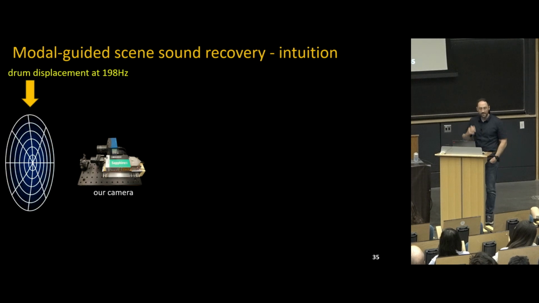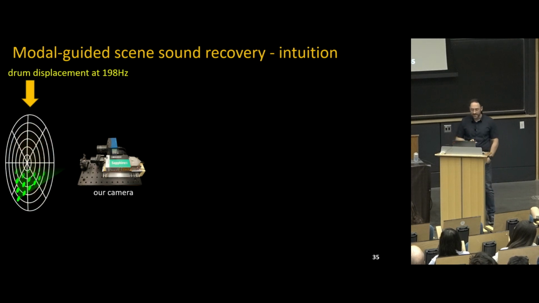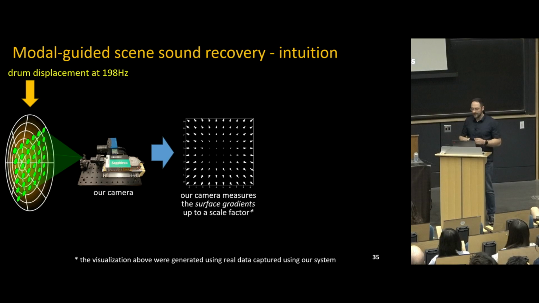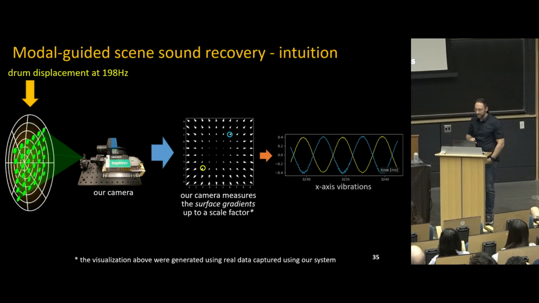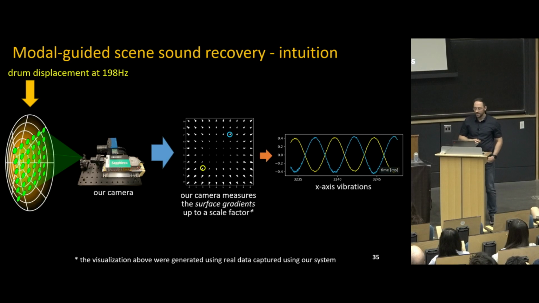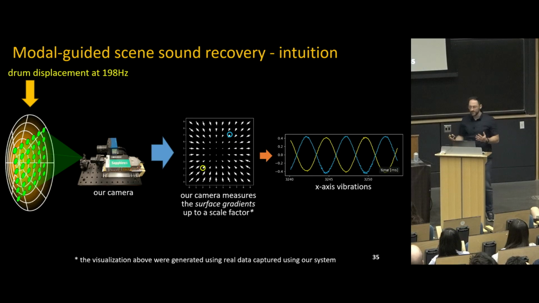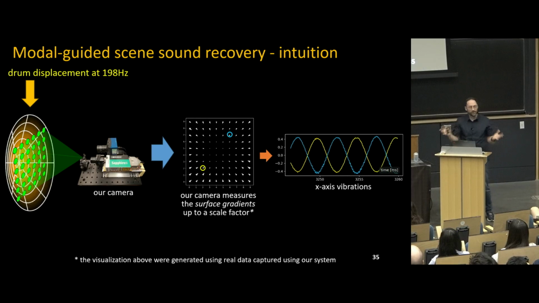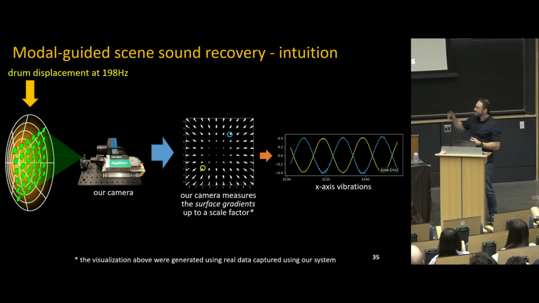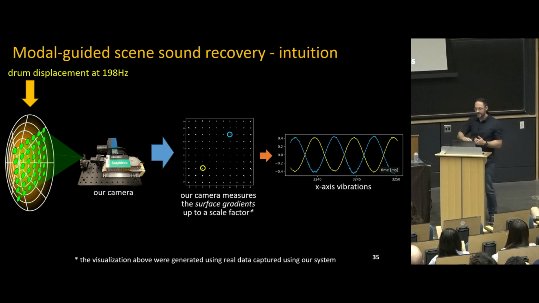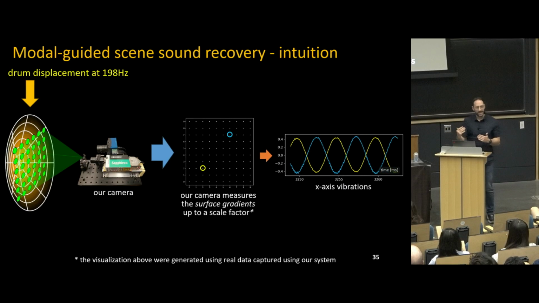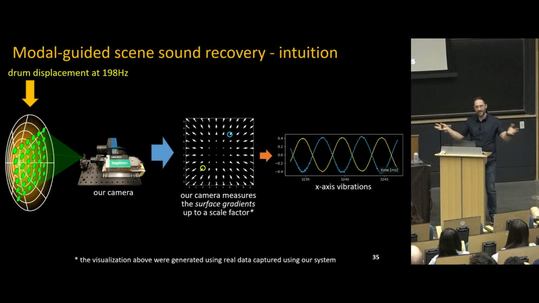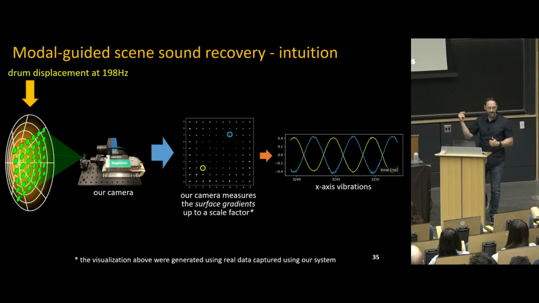So what our camera measures corresponds to the spatial derivatives of the surface at the 2D grid points that we're measuring. Okay? And to fuse all these points constructively, we need to know the phase and amplitude relations between all the point signals. So in this example, I picked 2 points that have the same amplitude but the exact opposite phase in the x-axis vibrations. So if we were just to average them out together, they will cancel each other out.